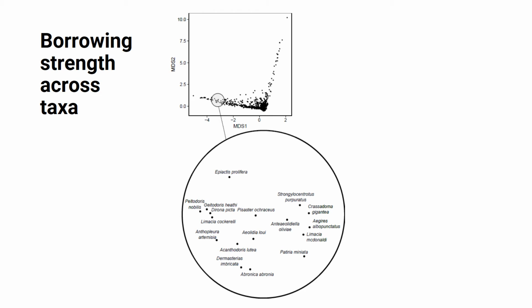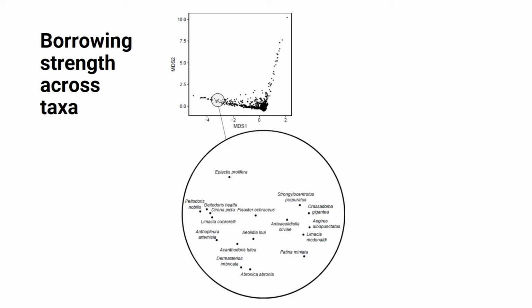Another key advantage of aggregating data is the ability to borrow strength across taxa. This means using data from taxa other than the focal species to help account for observation biases in the focal species itself, by indicating overall patterns of observation effort and therefore highlighting potential false absences. This figure shows how a clustering algorithm can reveal the species that tend to be observed concurrently in the same